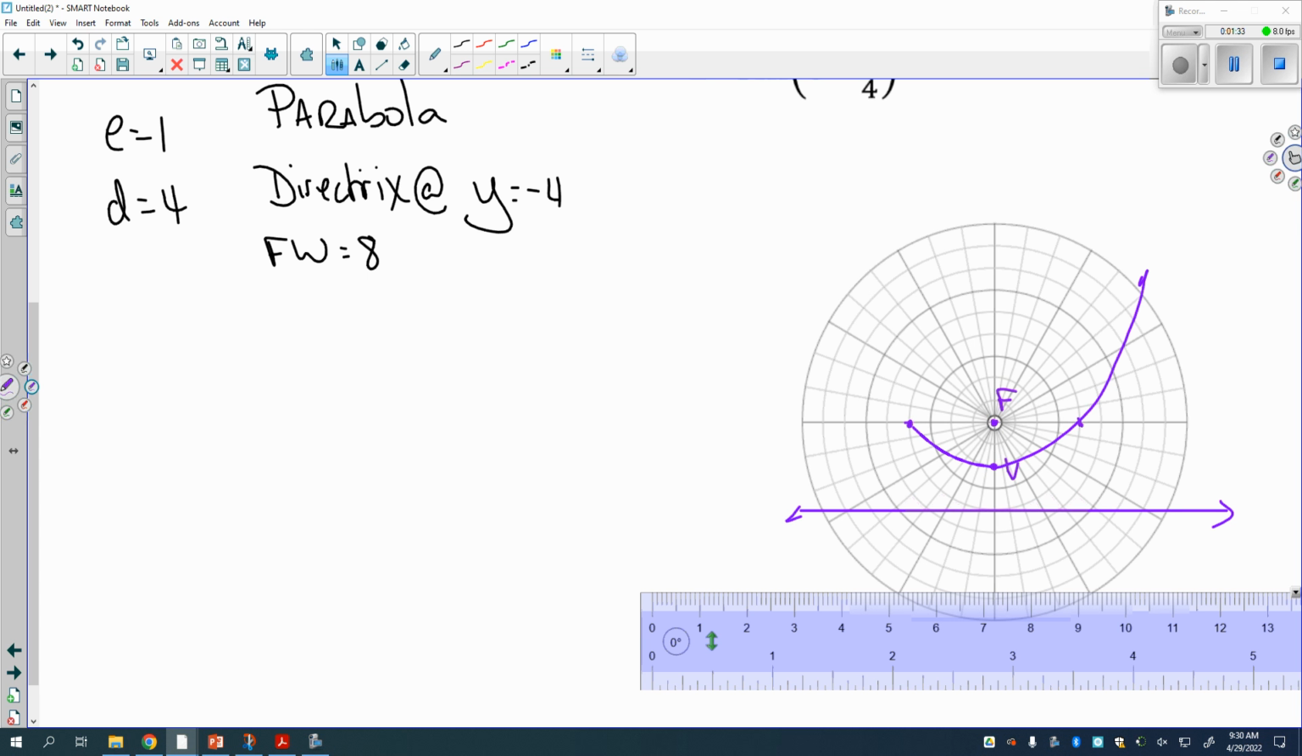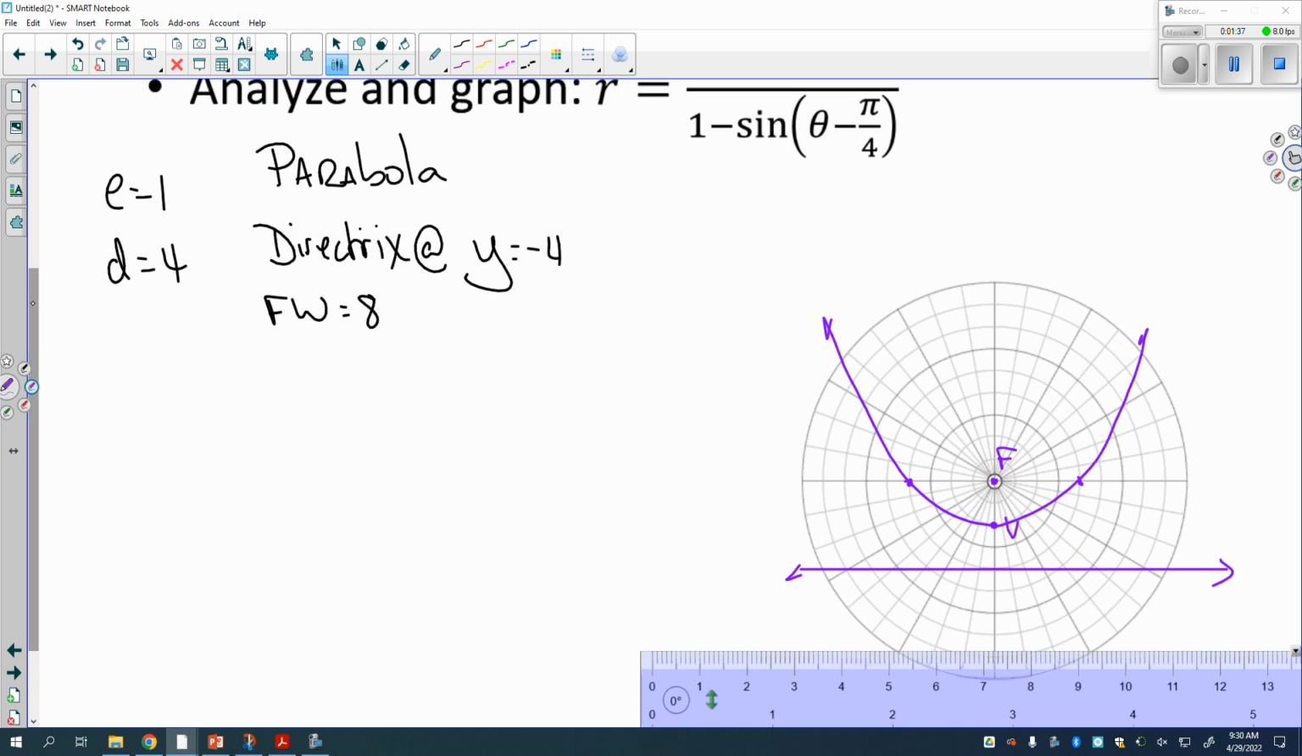And this is what it would be like if this pi over 4 weren't here. But think back to how we did transformations earlier in the year. When we had something inside, it shifted to the right or to the left. With polar, when we have something inside, it rotates it. It shifts it around the pole. It's still the opposite direction, so since that's a minus on the inside, I want to shift it in the positive direction, or counterclockwise,